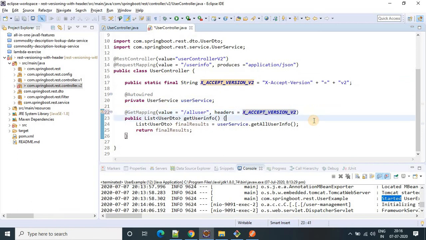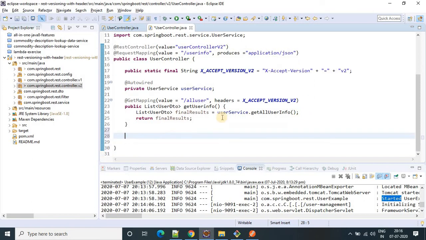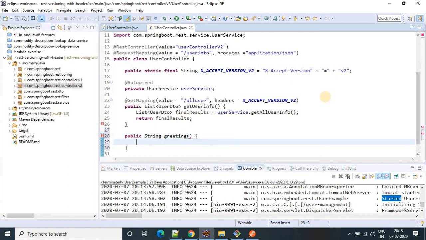Now let's suppose in v2 I want to add some more endpoints, because the business wants to add some more functionality. So I'm going to add one normal endpoint, public String getGreeting.